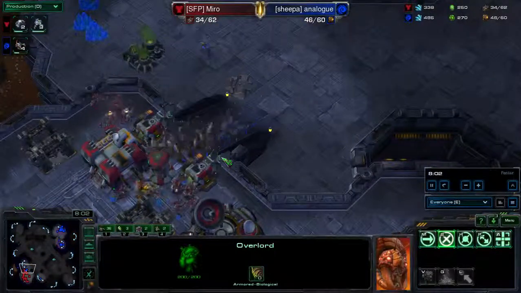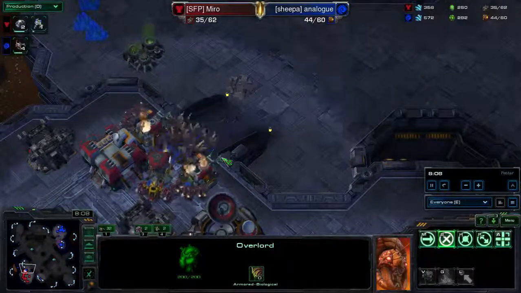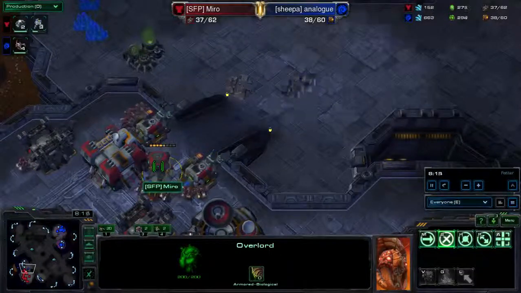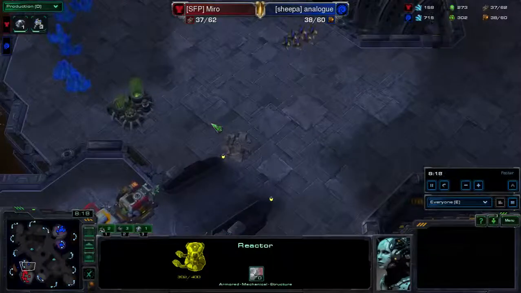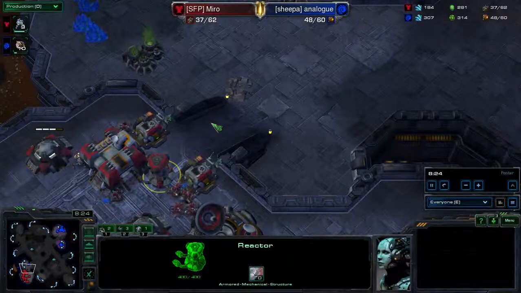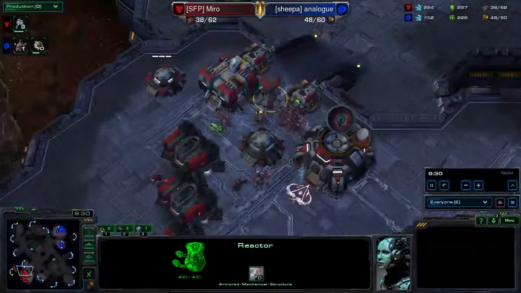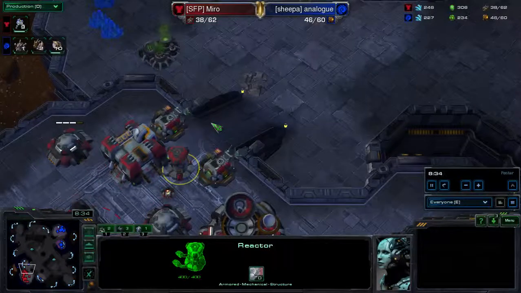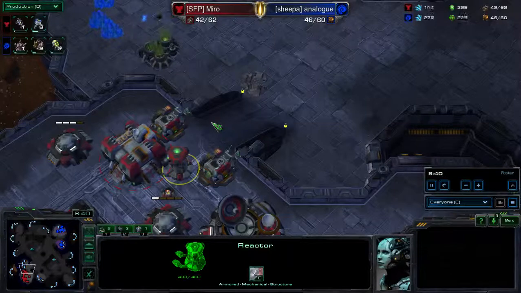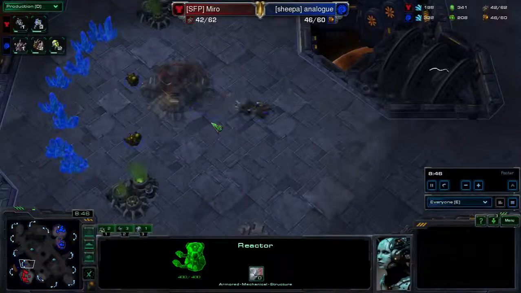Yeah, here we go. The Banes. You do some more damage, going off on that reactor, but not managing to take it down. I actually think that was more of a mistake on Analog's part, because he only had 4 Banelings, and with SCVs you really want 6, don't you? It's nowhere near enough. At least 6, yeah. Now, while that was a mistake, I will say that Sheepa is doing a pretty good job